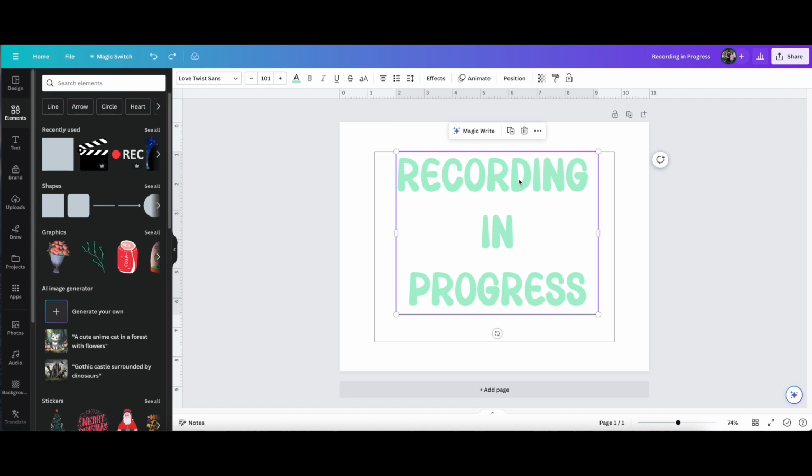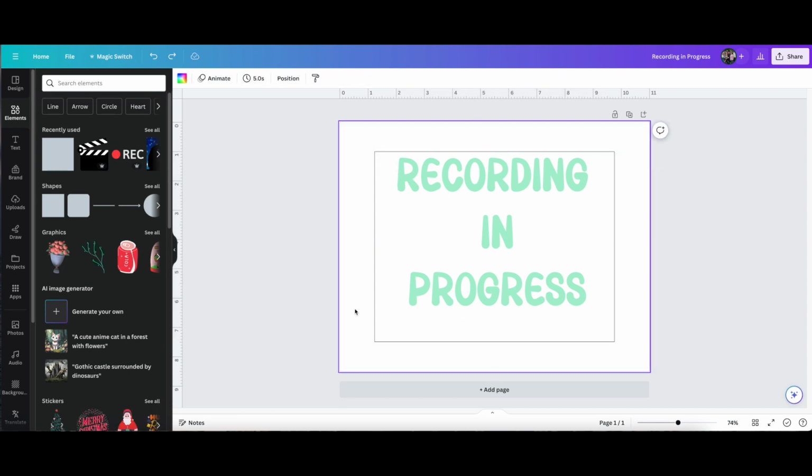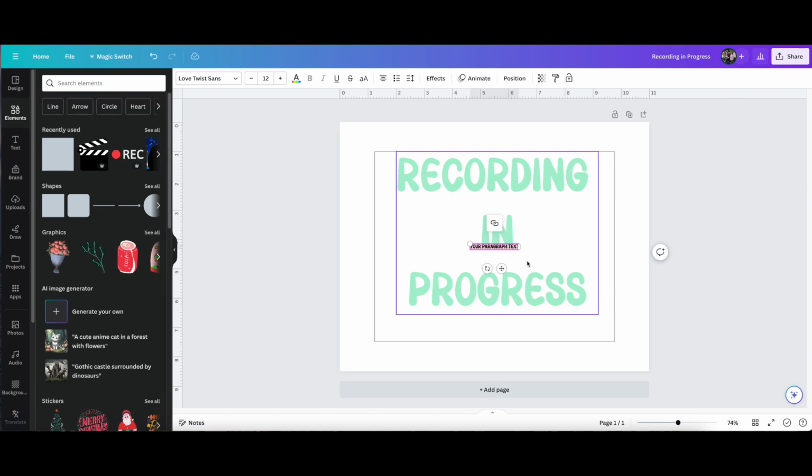I still want to add one more little phrase to it, and I want to add at the bottom. I'm going to click T to pull in my text. Oh, it's not going to pull it in, really? Come on now. There it goes. Add to the bottom, and I want to put,